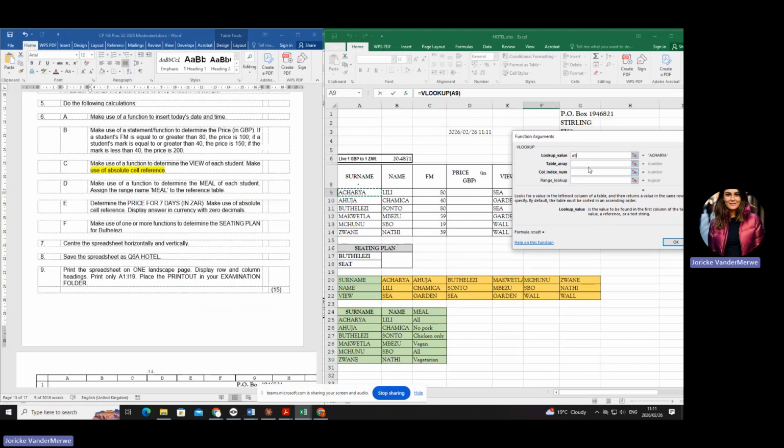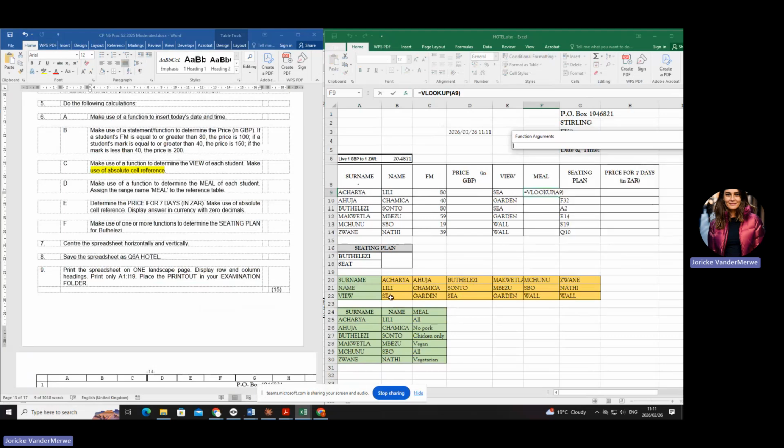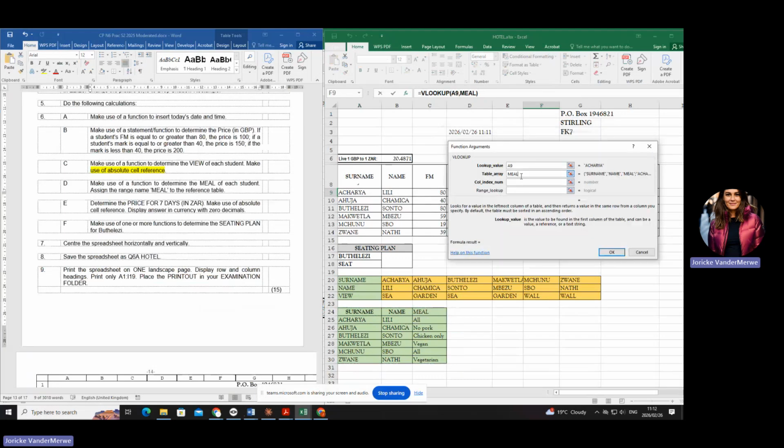Are you with me? What is the table array? It can be one of two things. It can be assigning a name or it can be my reference table. To make sure the name is correct, I'm just going to do that. And can you see it actually works because it says meal and I didn't even have to type it in. That's a nice way to see that you've done it correctly.